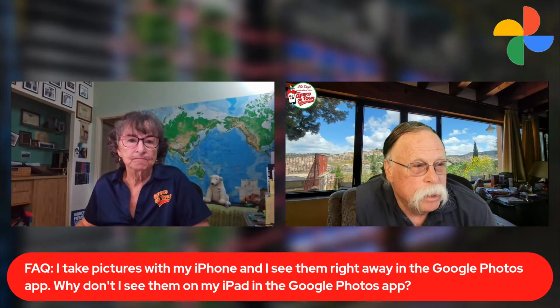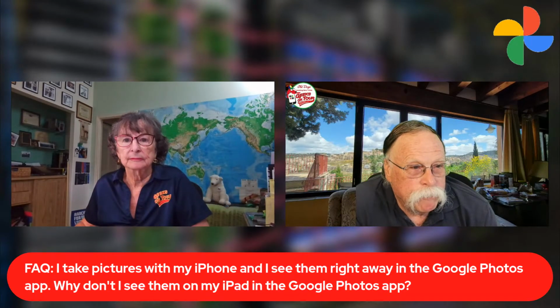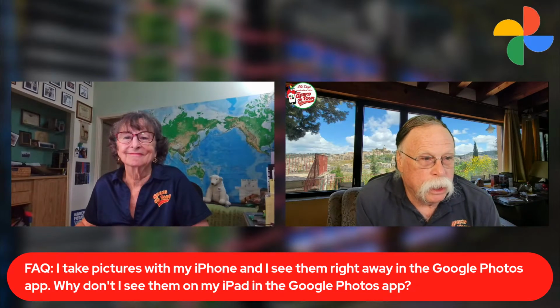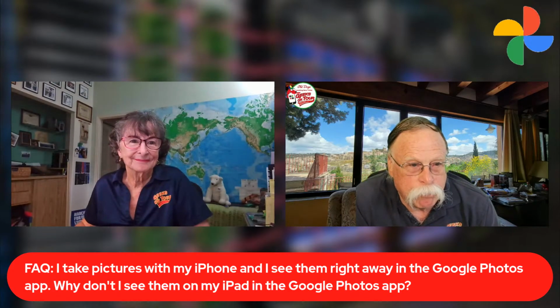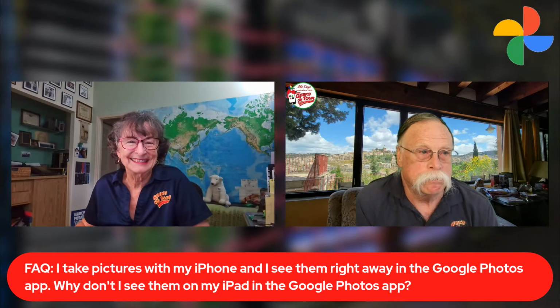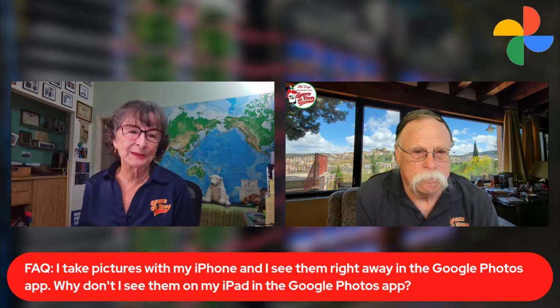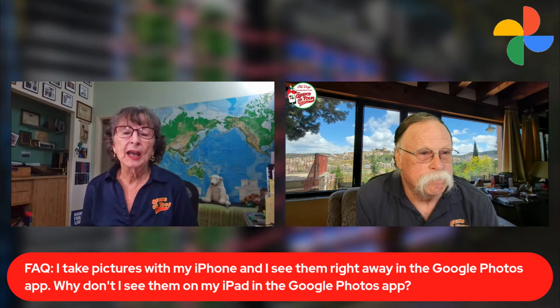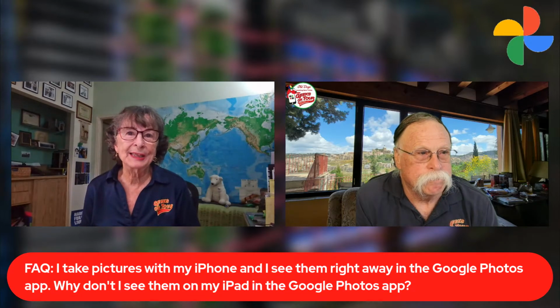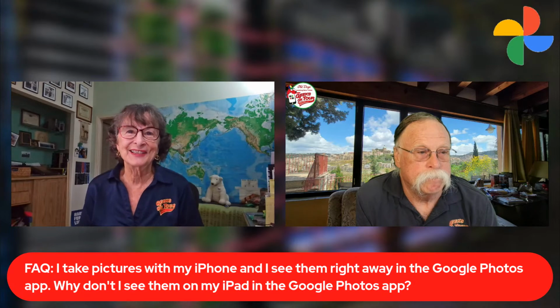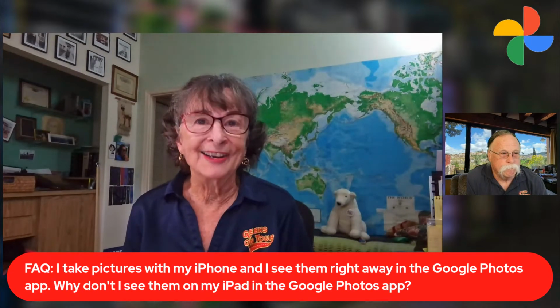There we go. I take pictures on my iPhone and I see them right away in the Google Photos app. I don't see them on my iPad in the Google Photos app. What's going on? Yeah, I talked about this in general. So it probably has to do with accounts. Okay, two things. Number one, Google Photos on your iPhone